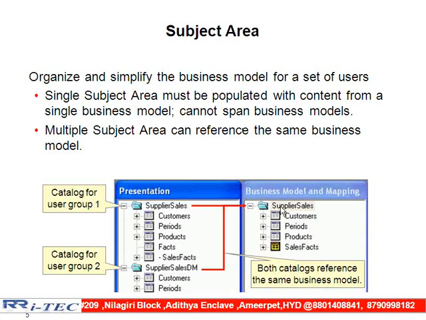From one business model you can develop two subject areas. But the reverse is not possible. If I take two business models, I cannot develop only one subject area from them. That is not possible. What I am trying to tell is,